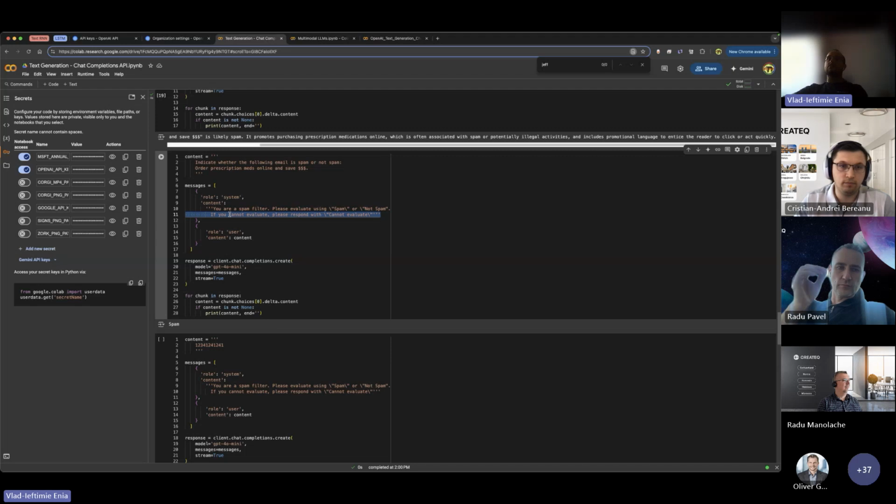So this is a way that you can remove hallucinations. You can tell the model in your API that if you are unable to respond, unable to evaluate, just say that, do not invent anything else, not hallucinate.